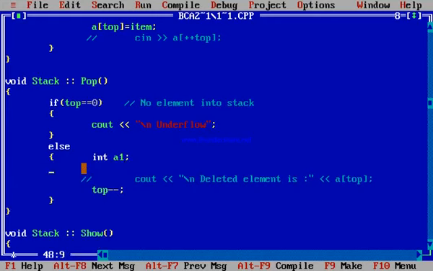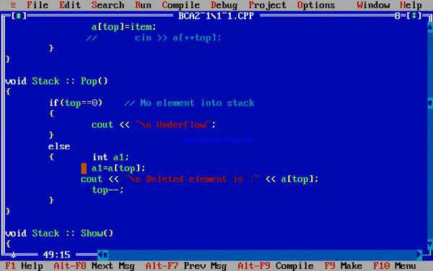Now A1 is equal to A of top, because the element at the position of A of top will be removed, so we should display that element. Deleted element is A1. You can directly write A of top here also.